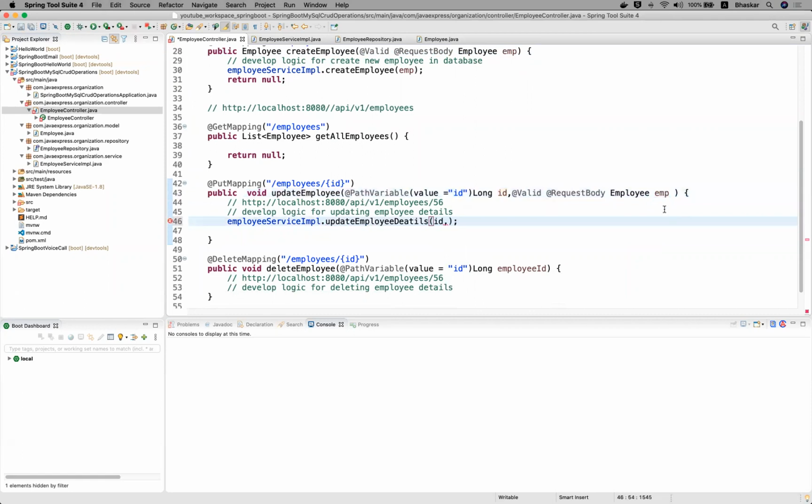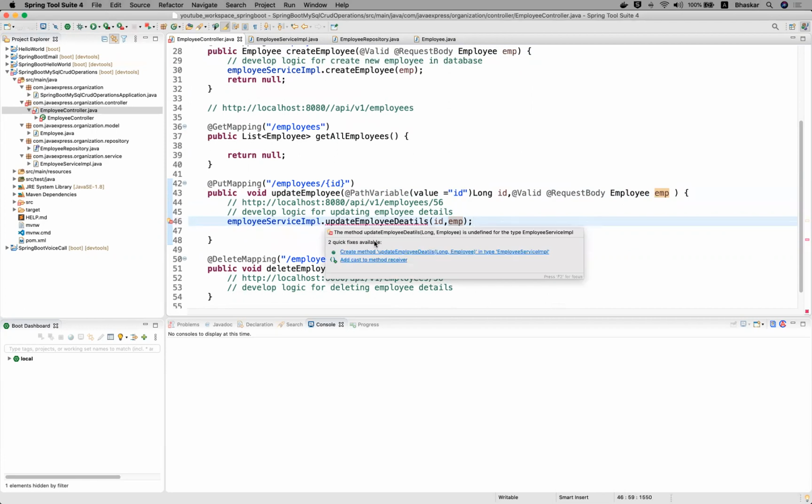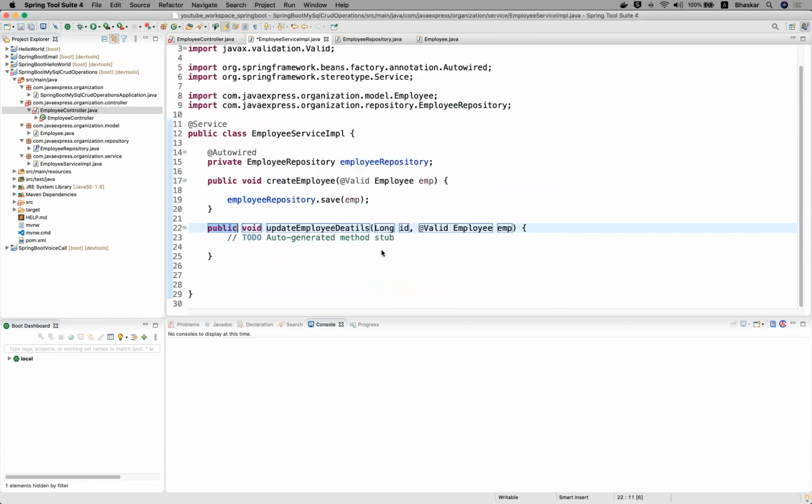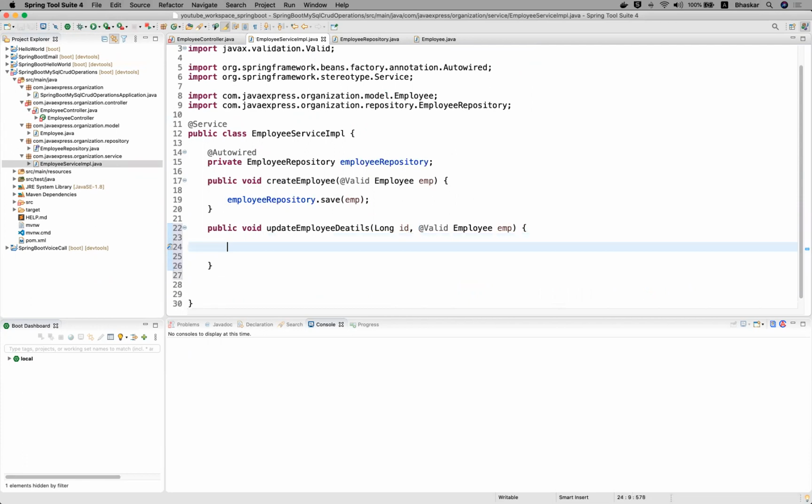In the service layer, you need to update your logic, right? Now you can go and execute your service layer. Now this service layer is expecting something. This method is not available. Just go ahead and create your update employee details method. See, the method is created here. Nothing new. You just need to create your update employee details method. Now try to see how you can write it.